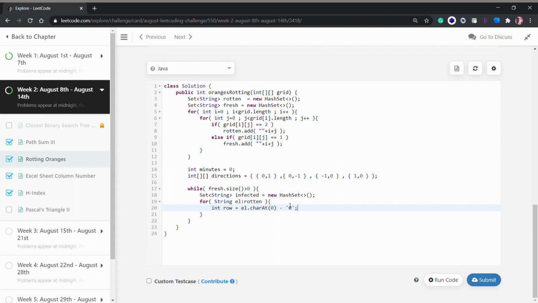This is just a shorthand to convert the character to an integer, instead of doing Integer.parseInt. Nothing fancy. And the column is element.charAt(1) minus '0'. Now for each integer direction in directions,